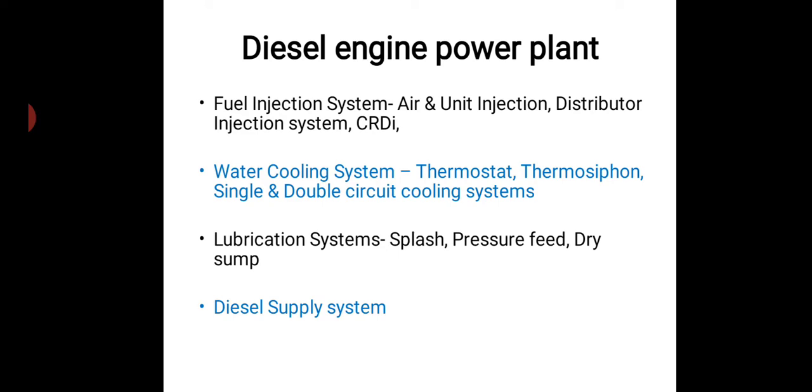So now what are the applications? Applications are in hospitals, hotels, movie theaters, gyms, colleges, for backup power. Then the advantage is these DG power plants are very quick to start. As you know, in our college when there are power cuts and it is required, we start the DG set immediately. So starting time is very less. Whereas in the case of a steam power plant, it is more.